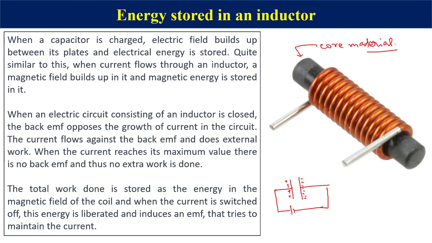Now, similarly, whenever you have a long coil wrapped over some kind of material and you pass a current through it, what will happen? There will be a magnetic field building up with this coil, or rather if you change the current I, then with gradual increase of time there will be a magnetic field building up, and as a consequence magnetic energy will be stored in it. So a capacitor is used for storing electrical energy and an inductor is used for storing magnetic energy.